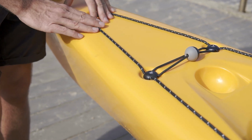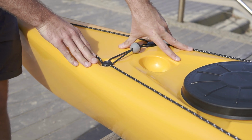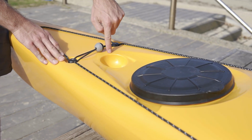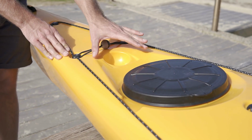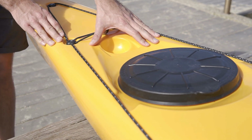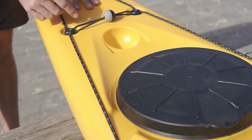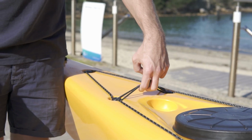on the ocean. One of the unique features of this expedition range is the Expedition 3 comes with a groove so you can fit a compass. The range of silver compasses are made to fit this, which are available as an optional extra to purchase with this model. At the front here, you have a paddle holder so you can stash your paddle or any other